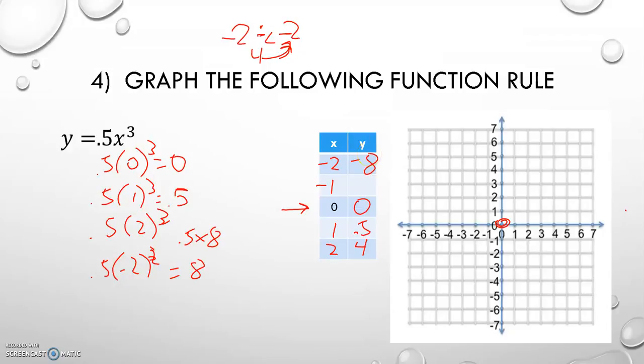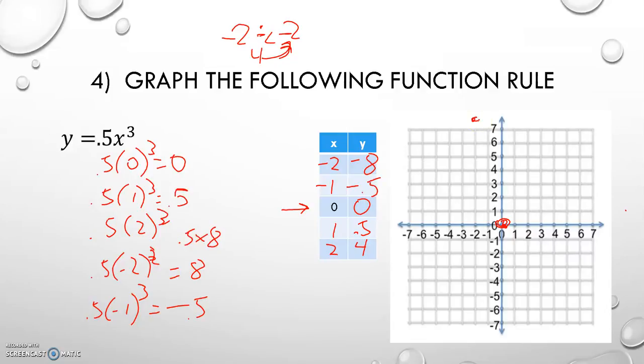And if I plug in negative 1, 0.5 times negative 1 to the third. Negative 1 to the third means negative 1 times negative 1 times negative 1. Well, that's going to end up being negative 1 times 0.5, which is negative 0.5. And if I graph these points, I have a point at 0, 0, which is already on the graph. I have a point at negative 2, 8, which is going to be way up here. I'm going to have another point at negative 1 and,